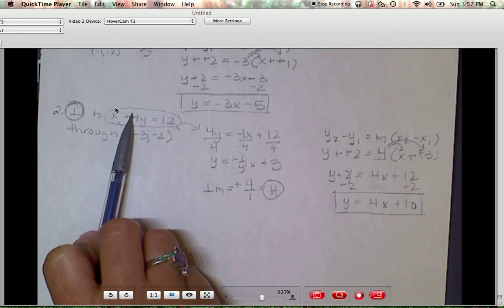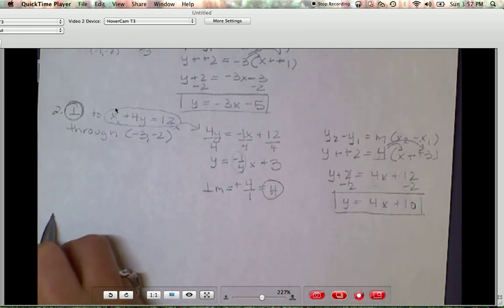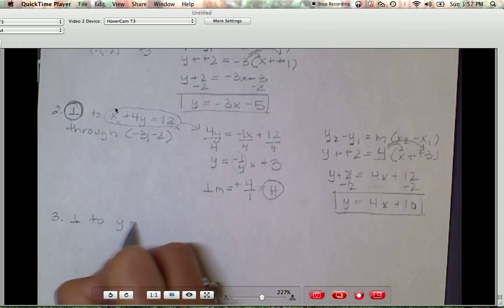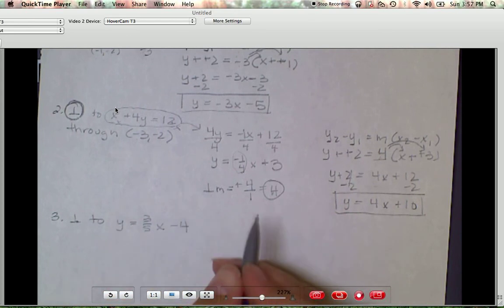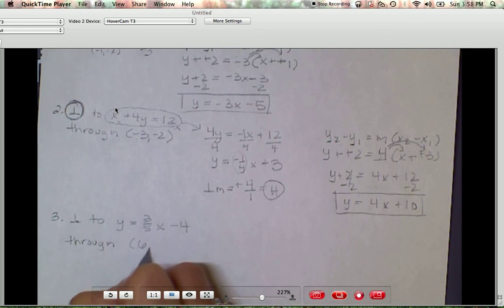Why don't you try this one on your own, number 3. We want it perpendicular to y equals 3/5 x minus 4, and it goes through 6, negative 2. So I want you to try that one,